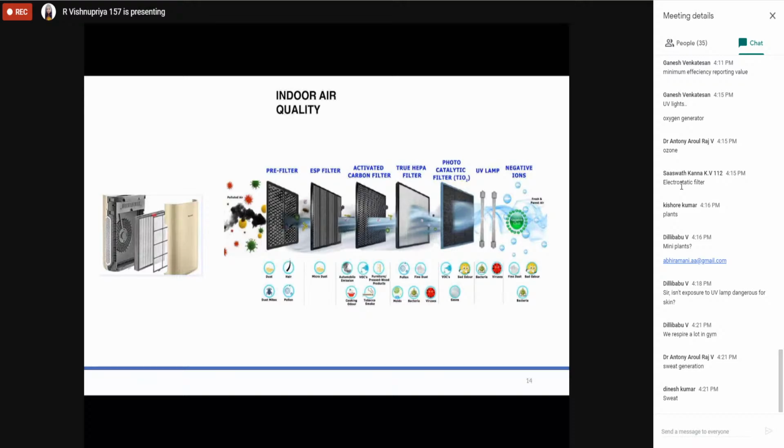So, air quality: where are we generating the IAQ pollutants from? From the paint, from the carpet, from humans, from the ambient, from pets. Like this, we are generating those pollutants, and how are we removing them? We are removing them through the AHU filter, through UV lamps, and through air purifiers. These are the strategies to remove them.